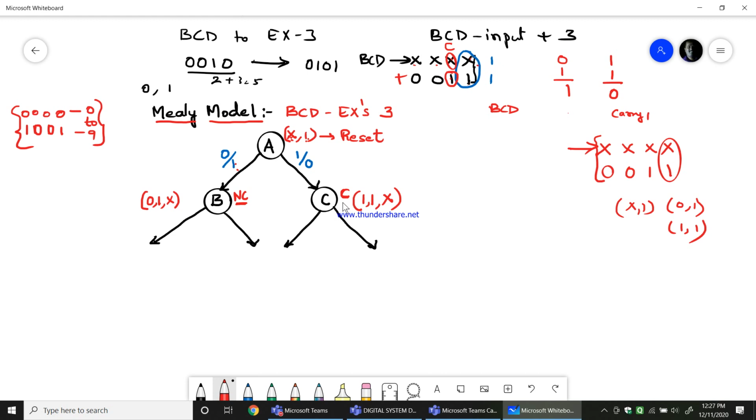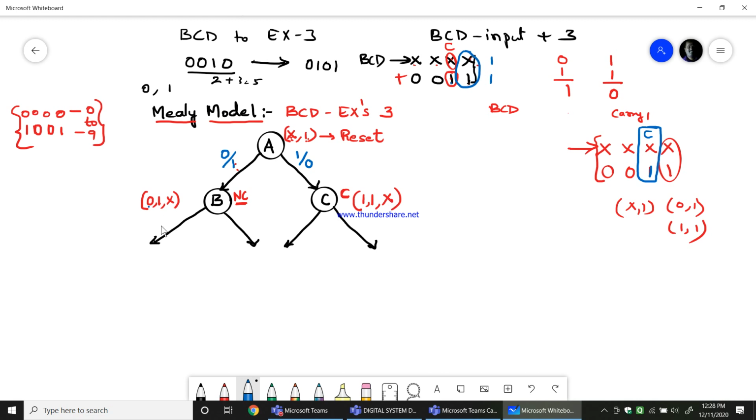Now, to go to the next state, I will be writing these three conditions. Now, I got a carry here. With these two additions, I got a carry here. Now, I will take the addition of these three. So, here when I came to B, I saw no carry. Therefore, I will put 0. Whereas the next bit which I am adding here would be 1. Therefore, I will take 1. And that will be added with the input X. So, I will write X here. Similarly, here the previous carry was 1. The next bit which I had will be 1. And the input X, which I take.